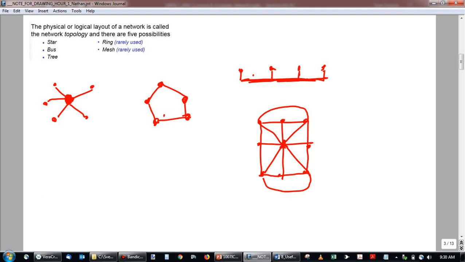Does that make it more expensive? Yeah, absolutely. It's much more cabling. It's much more difficult to cable as well. Each of these nodes needs to be more expensive, right? They need to have more capacity to handle all the links. So there's some downsides, but obviously if you're looking for a robust network, something like this would be better than,